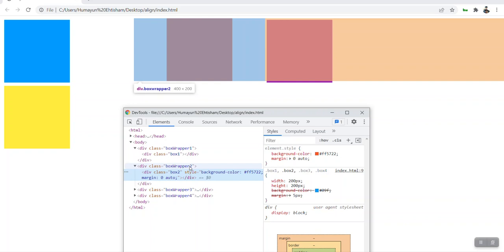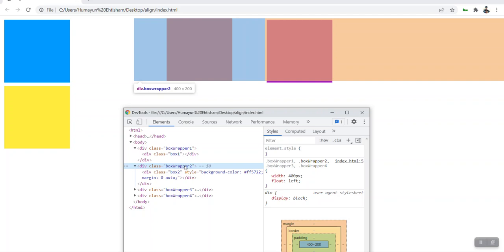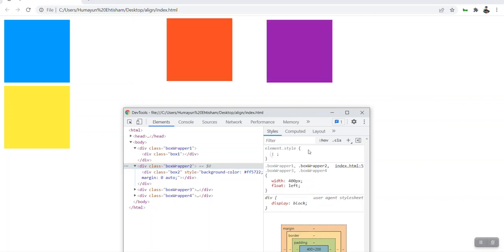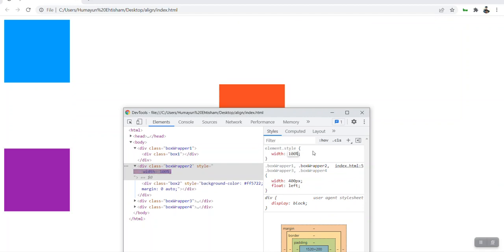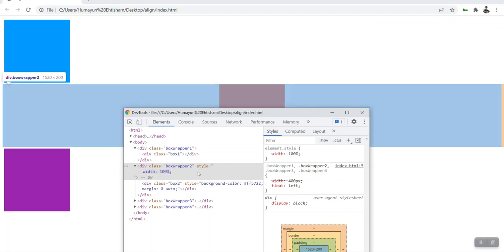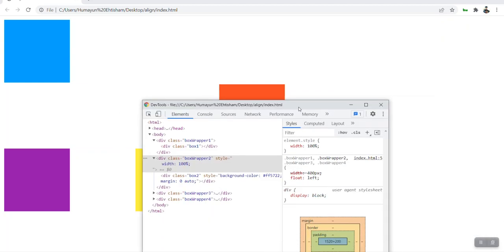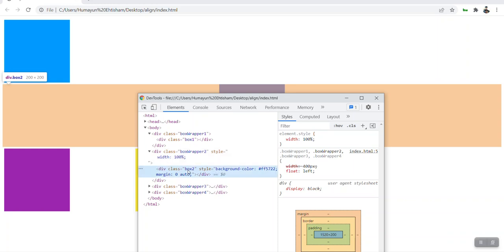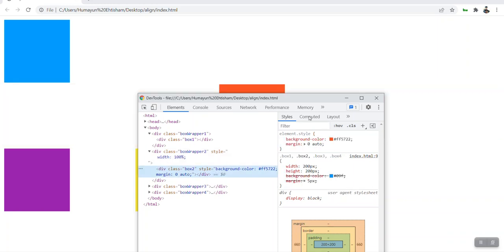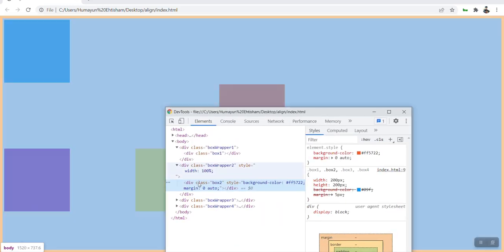So box 2 needs to align center, and now we need to escape this situation, right? So this is what I was trying to tell you in the beginning, that we need width at least 100% width. Okay, now the width is 100%. And I have broken the row with this 100% width. Box is aligned center because I added margin 0 auto here, so it is aligned, but it has broken the